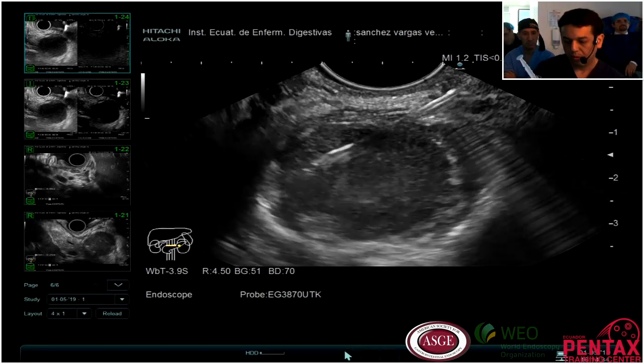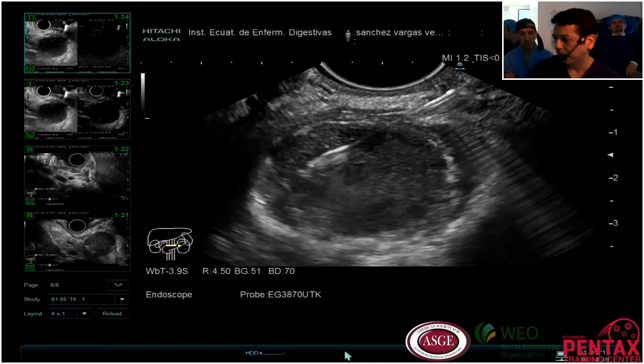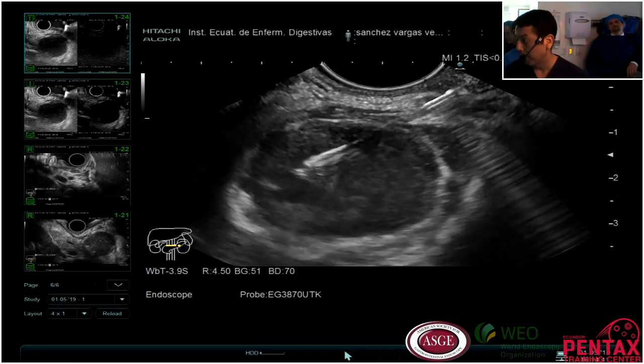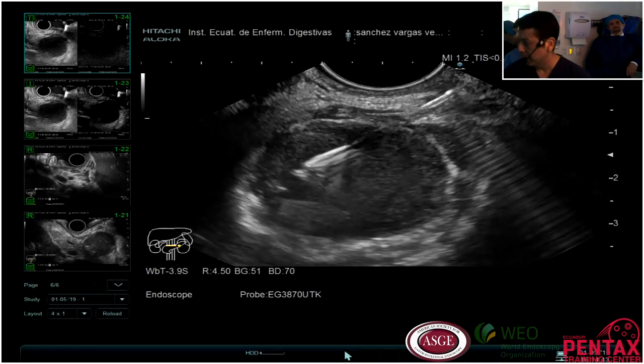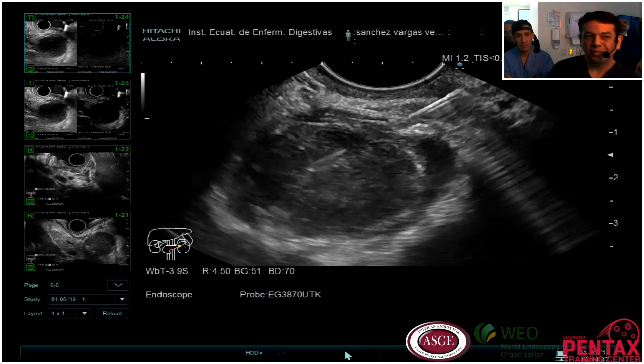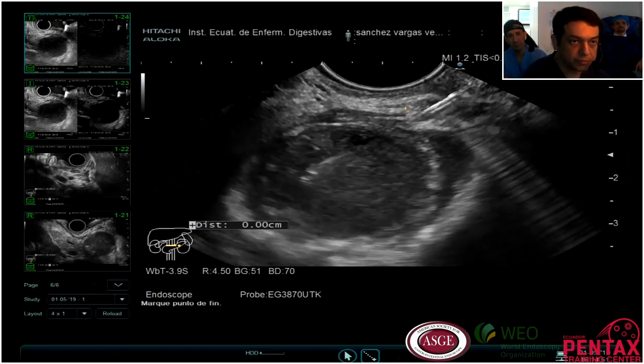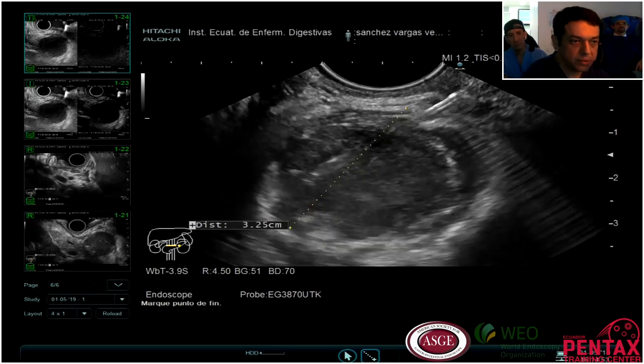For the liquid evaluation. So what I will do now, because this is a very small lesion, it is 3 centimeters, but she has abdominal pain.